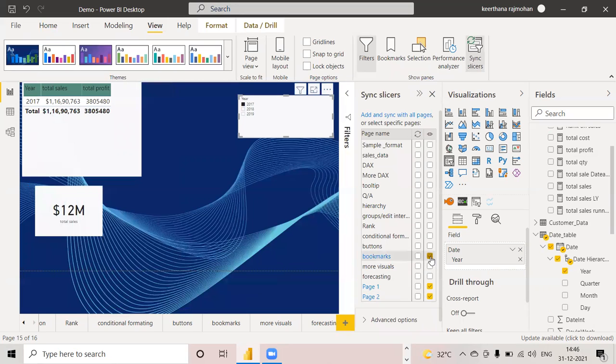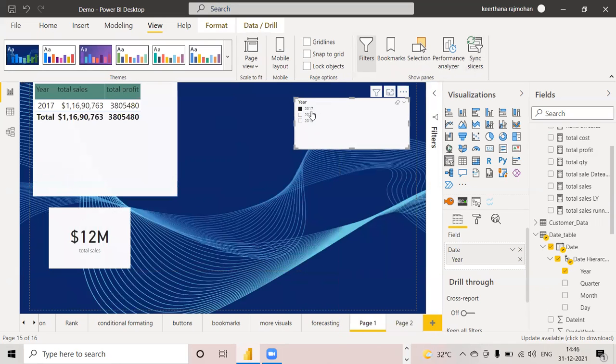This also I don't want. So I will use this page 1 and page 2 for syncing. Add and sync with all pages means it will be applied to all the pages. I don't want that. I want it applied to both page 1 and page 2 only.